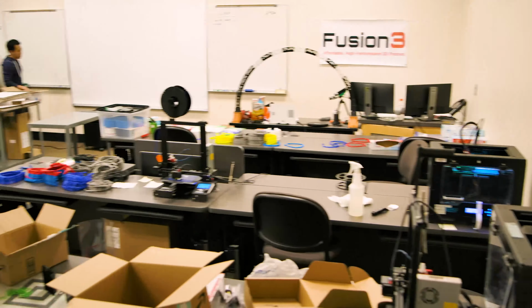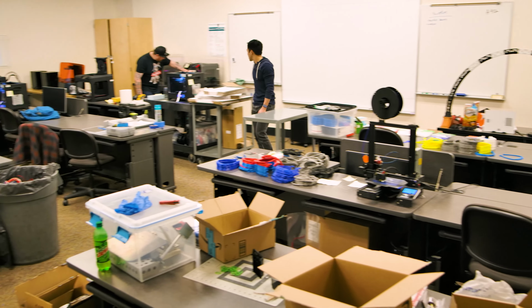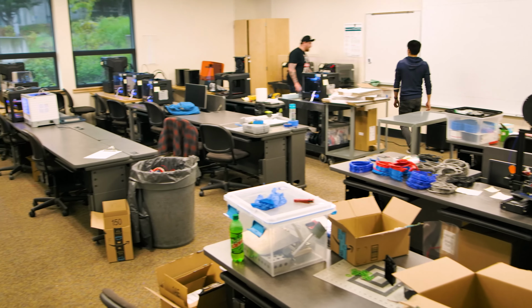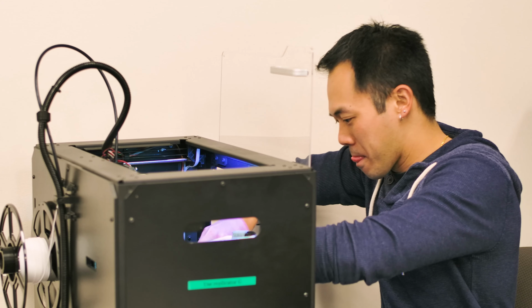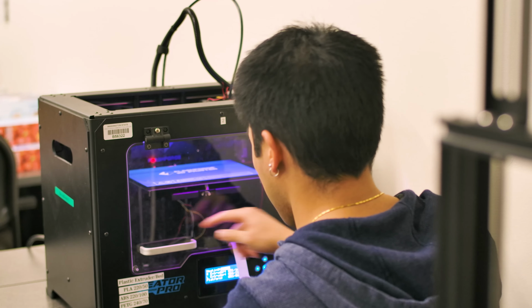So currently we're actually printing face shields for the essential workers that are in the medical fields. This originally started out as an additive manufacturing class. A friend of mine, students of mine, and our dean were also inquiring all about the same time. And it just so happened that we had this NSF grant for advanced manufacturing, and we had just set up